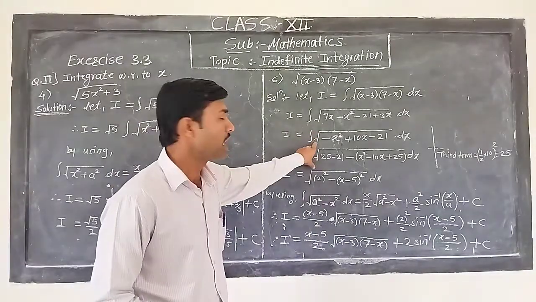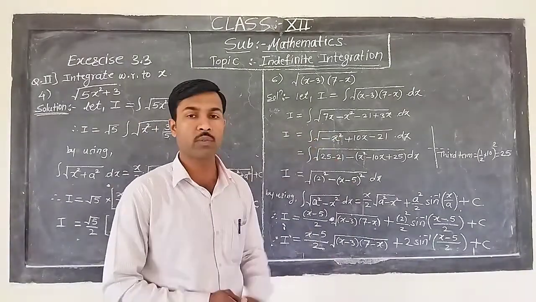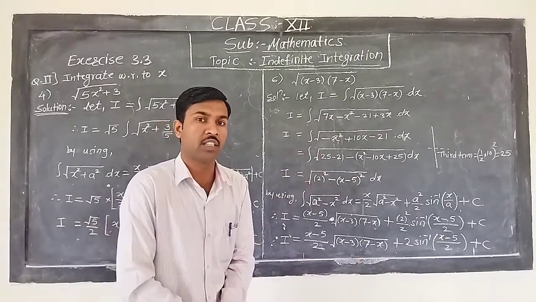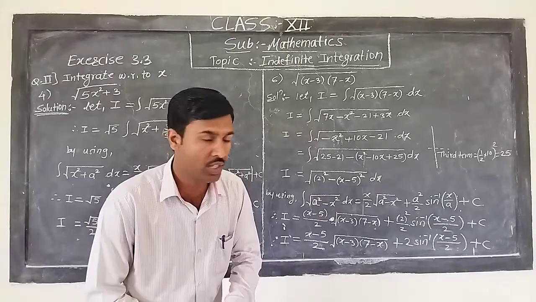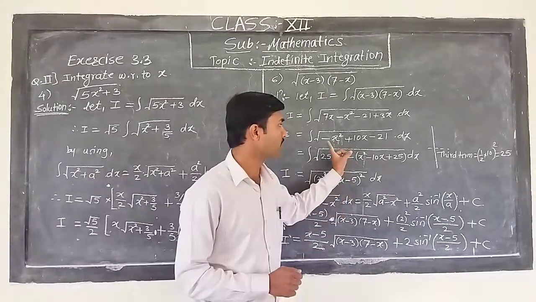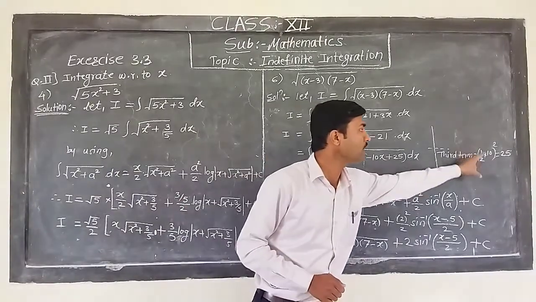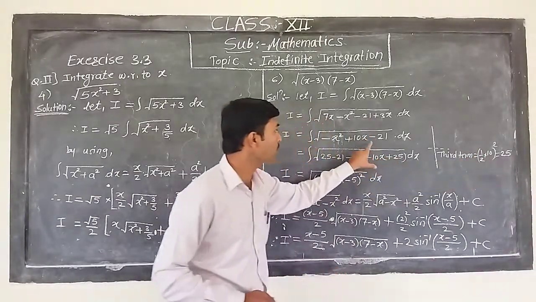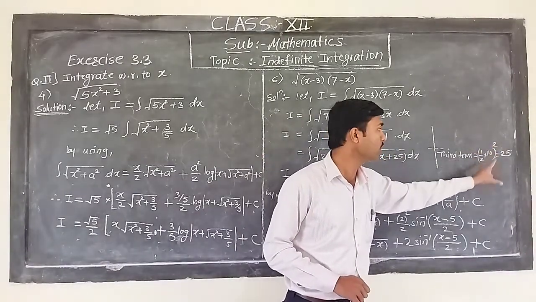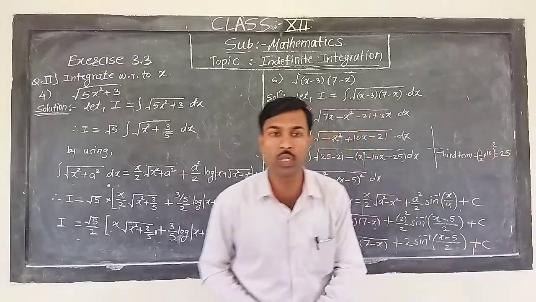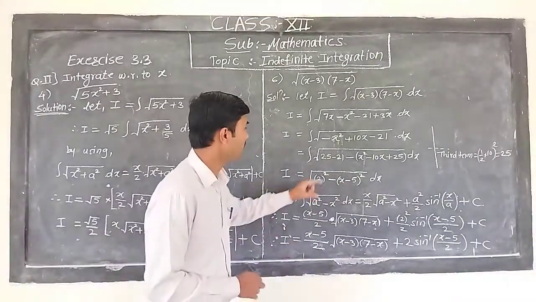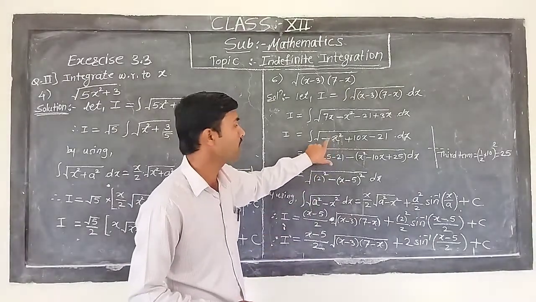Here is the integration of a root, and in that root the term is a quadratic equation. Whenever there is a problem in integration of a quadratic equation, at that time we have to add a third term. So the third term for this problem will be 1 by 2 into the coefficient of x, and here the coefficient of x is 10. So 1 by 2 into 10 whole bracket square, it will be 5 square, and 5 square is 25. So adding and subtracting 25 from this term, we will get here x square has sign minus.